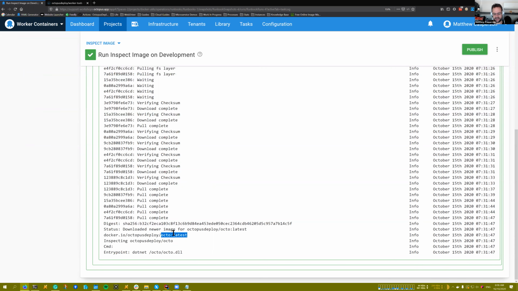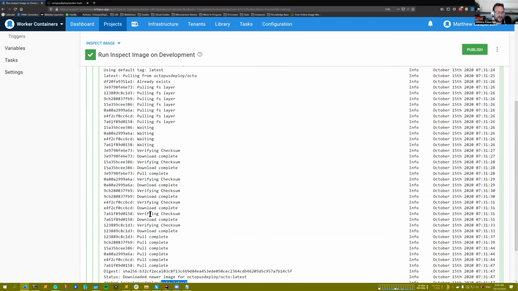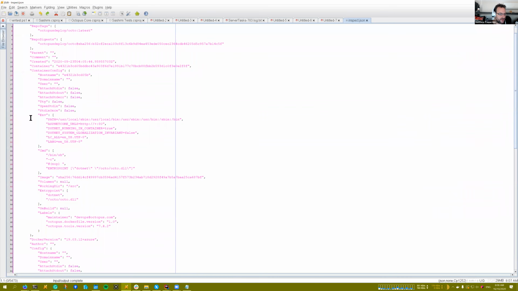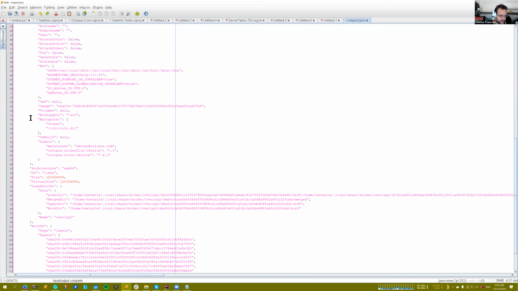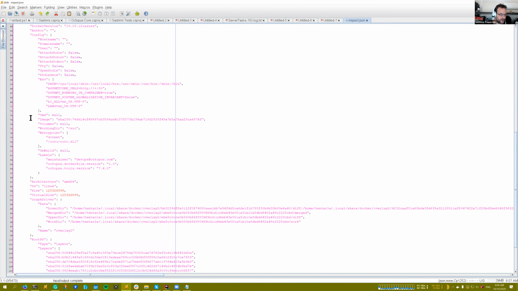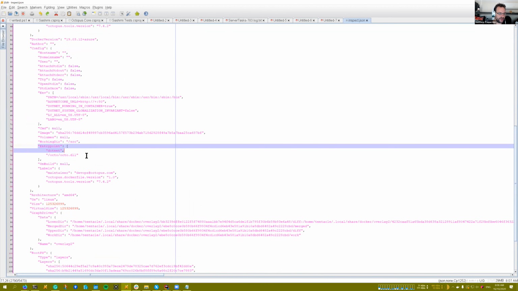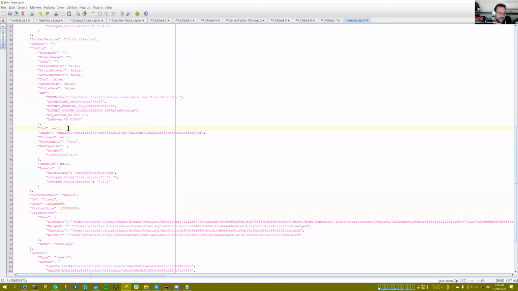This is a container that we've shipped for some time, and it just embeds the Octopus CLI. And if we go to the results of the Docker inspect, what we want to look at is the config here. This section here, and we can see the entry point and the CMD. And so what these two commands do is,